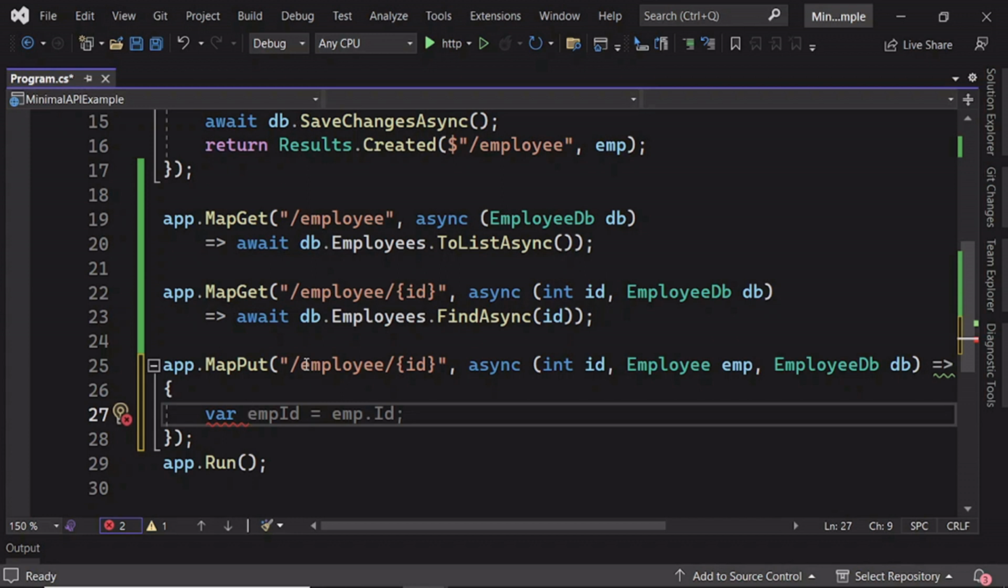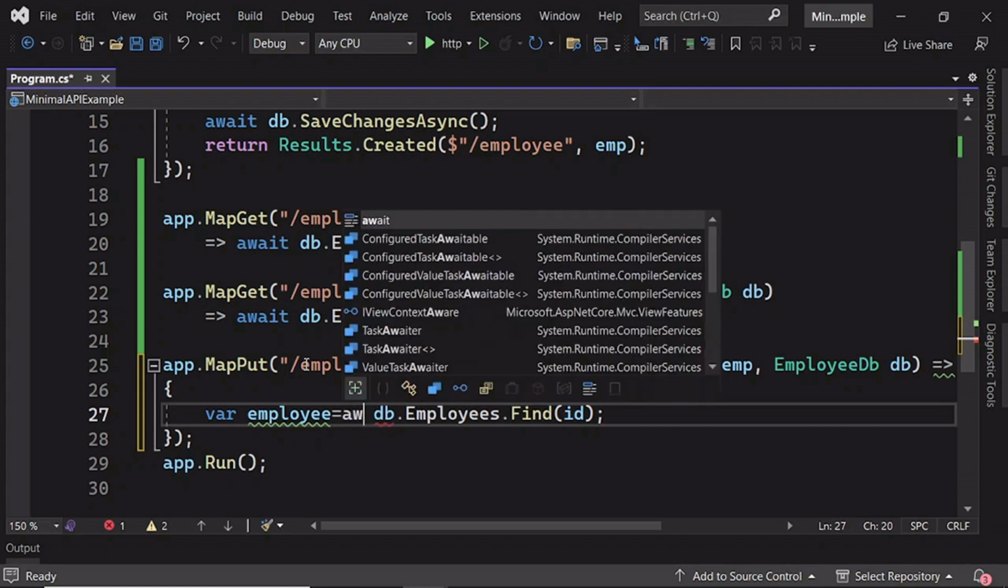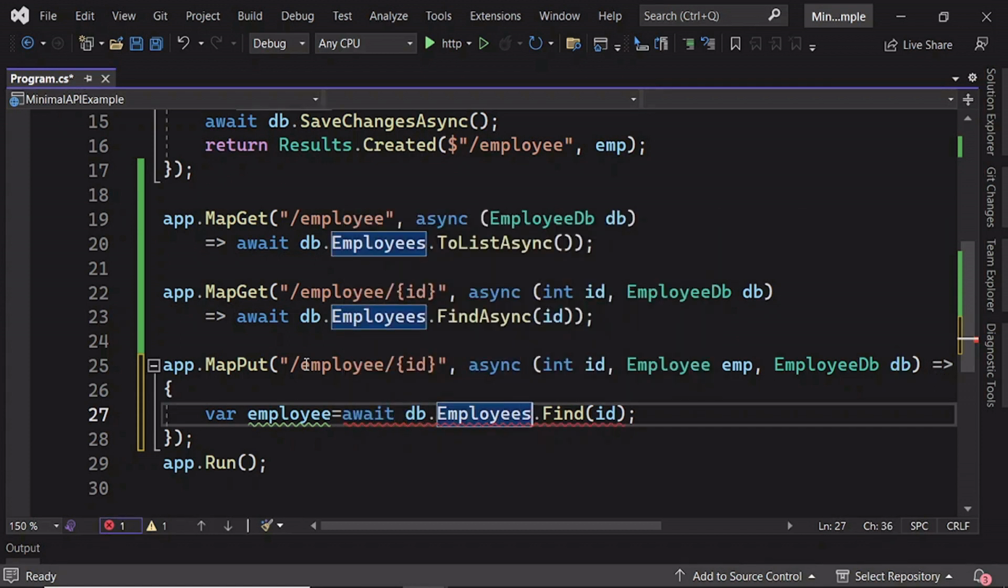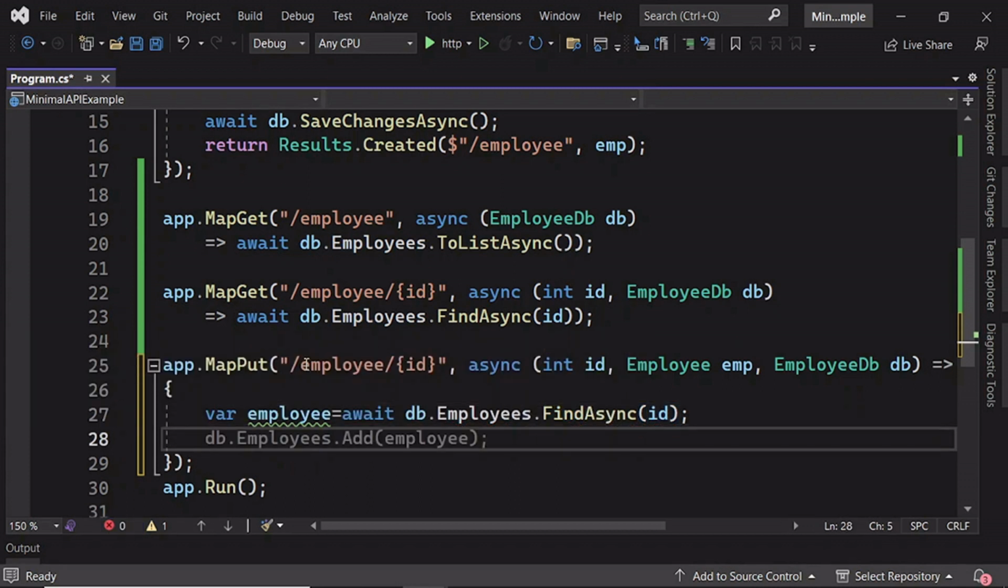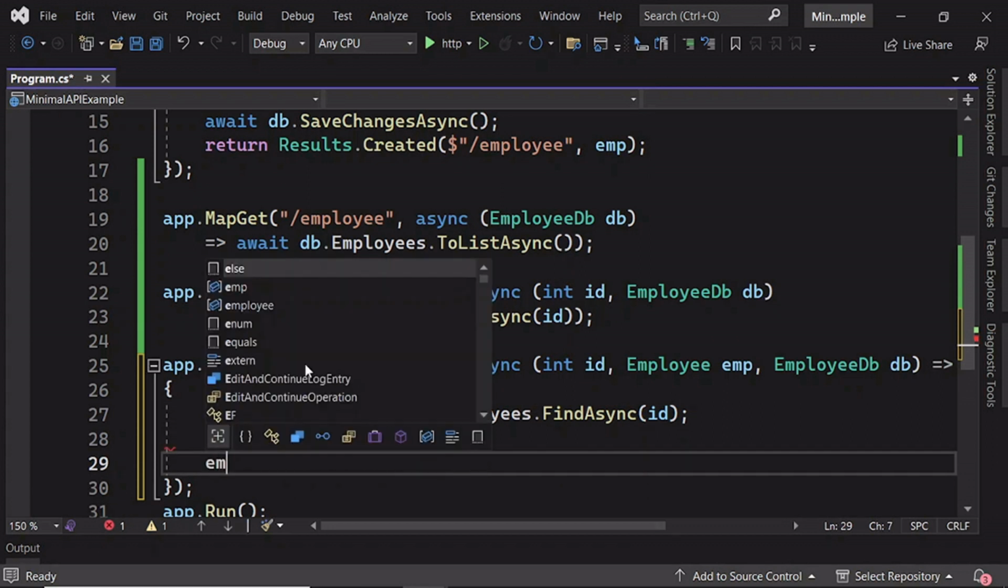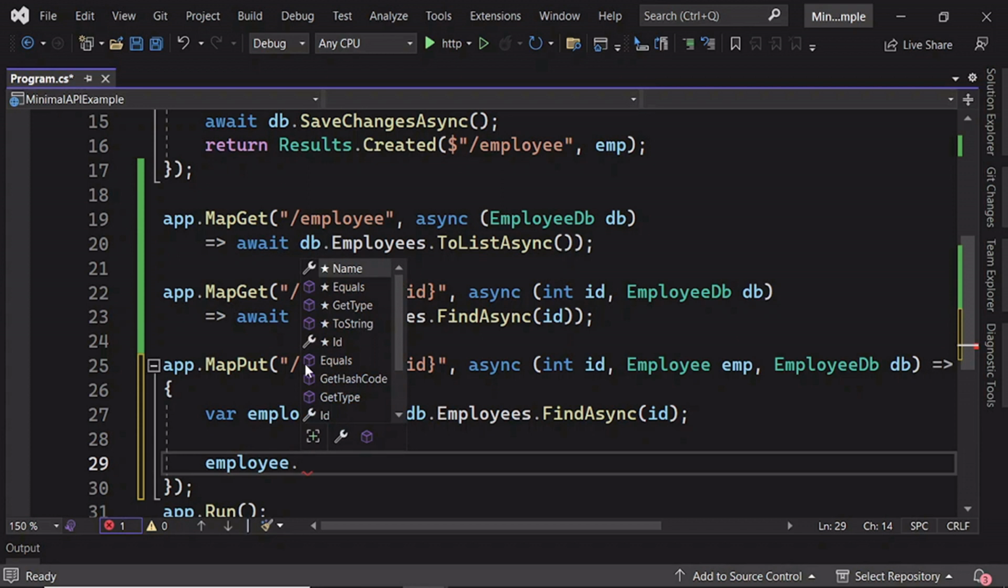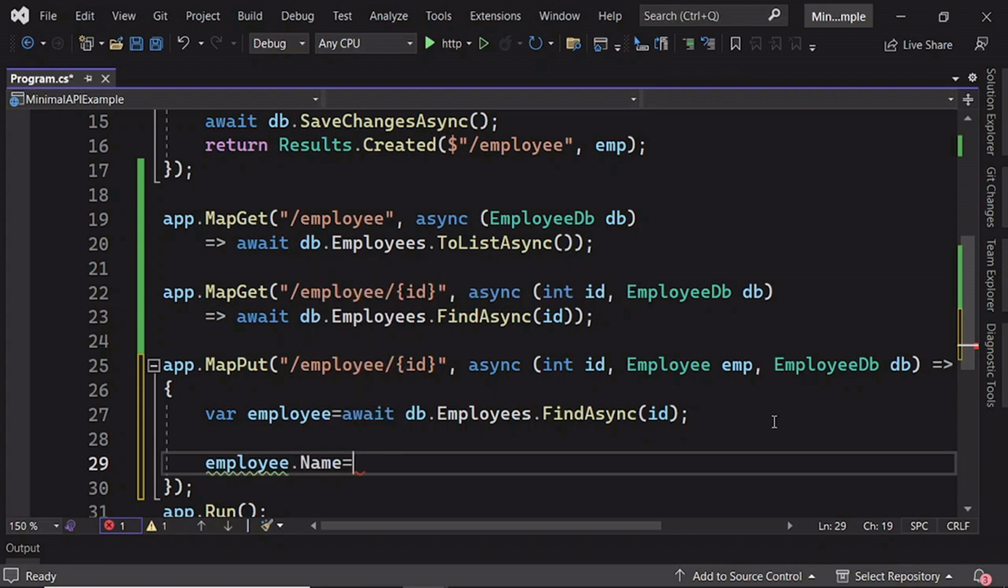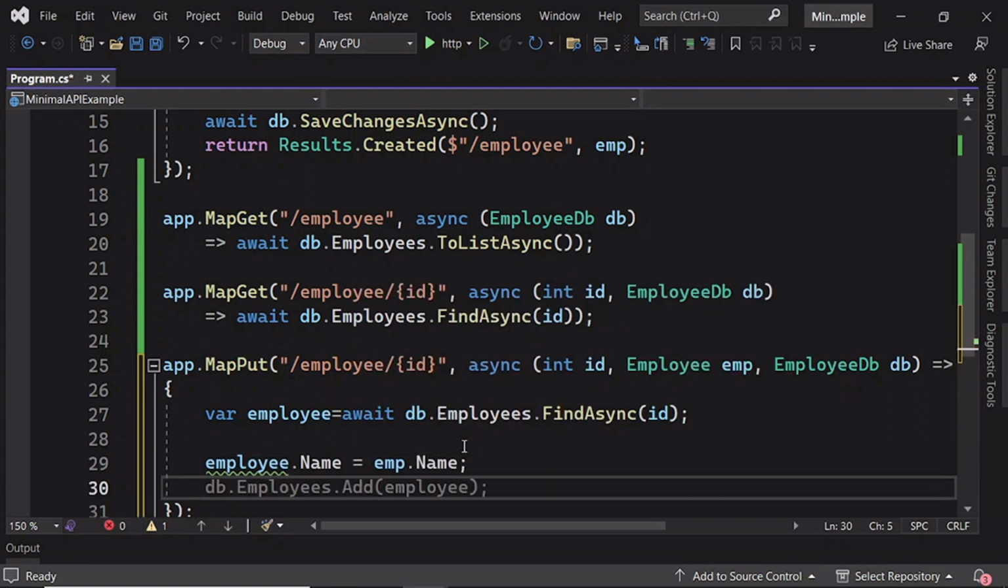First we will get the employee data based on this employee ID. So I am taking an employee variable, then this method, await and FindAsync. And then I will update this employee's existing name with our model name, emp.Name. Then we need to save these changes